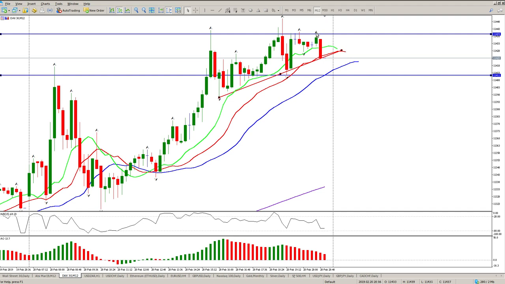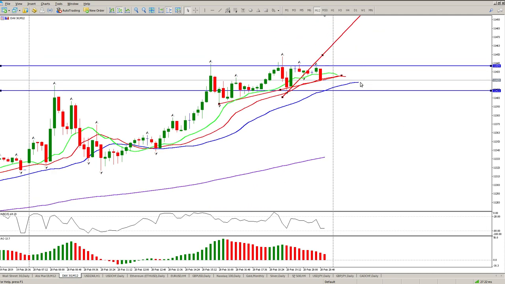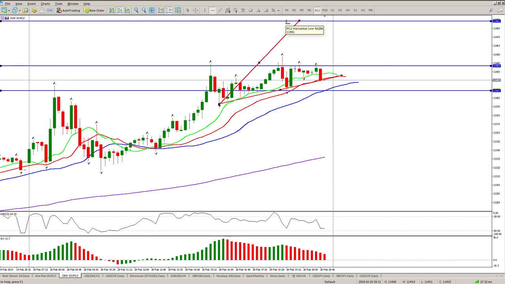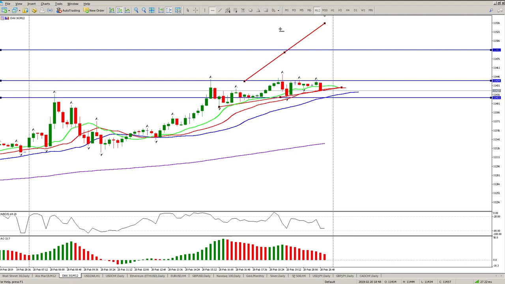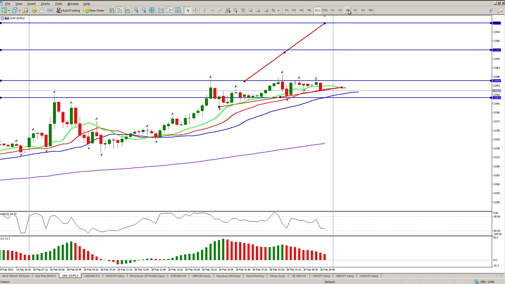And if we break above 11,440, you're looking for an upside move, and that upside move is pretty much another 100 points. So there's two ways of doing it. That's the one way, and then the other way is going to be like that. And if I go to the 4 hour,